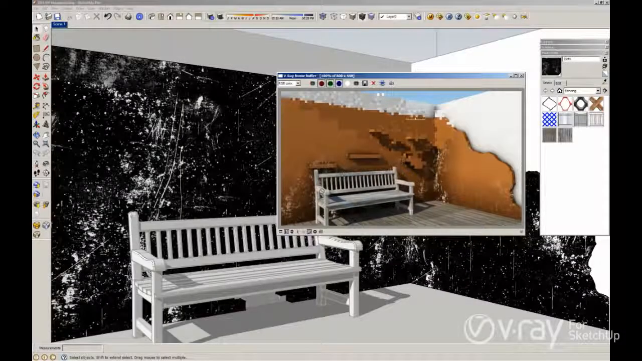So using this technique, you can control the UV mapping in SketchUp and this is very nice to create this kind of effect. Okay, hopefully you can use these